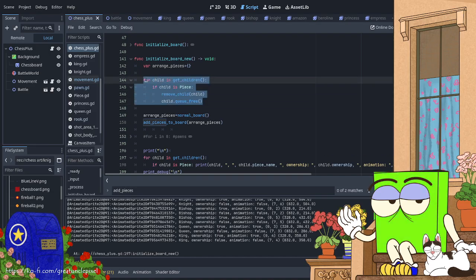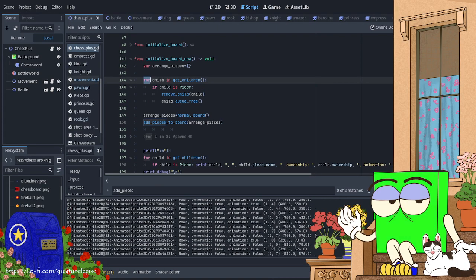I want to, this way, it'll erase any pieces already on the board. Because when I restart a new game, it doesn't matter at the very beginning, but I want to clear out the board before I start adding pieces to it. That hadn't occurred to me